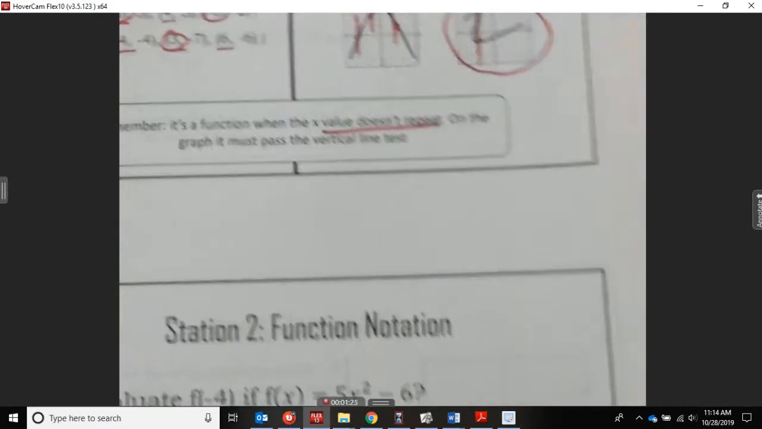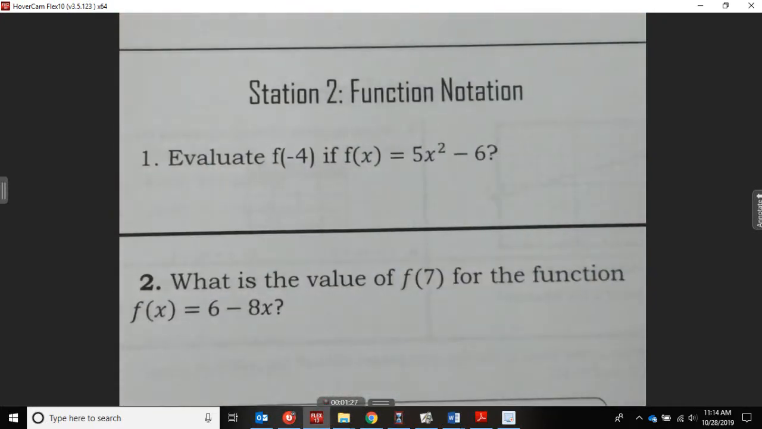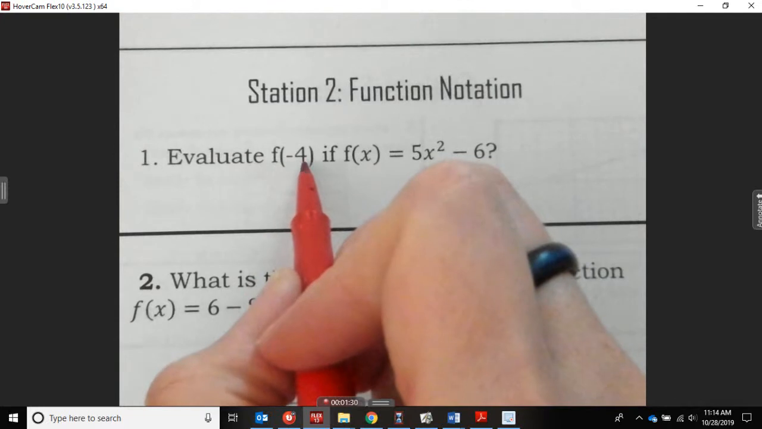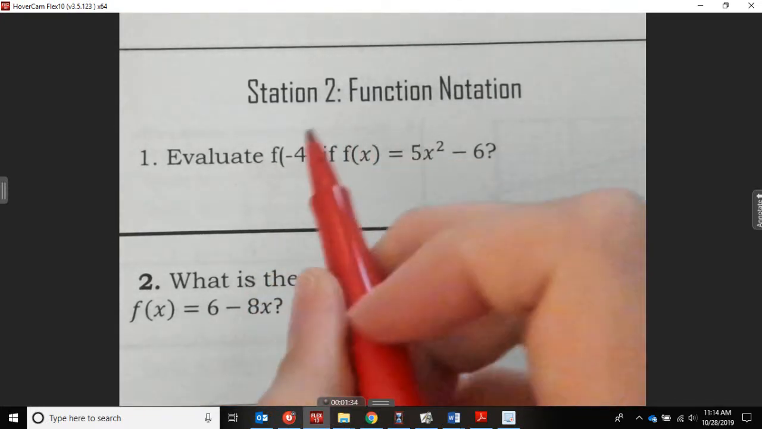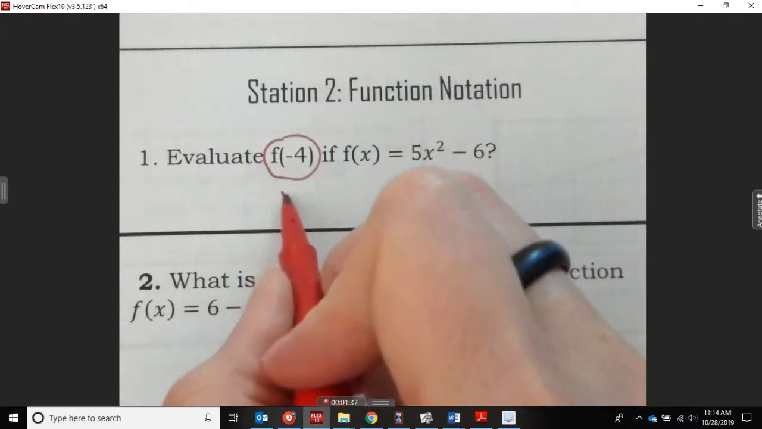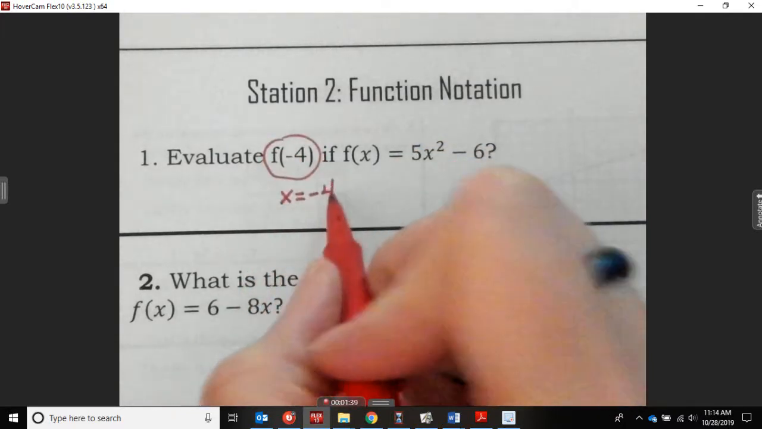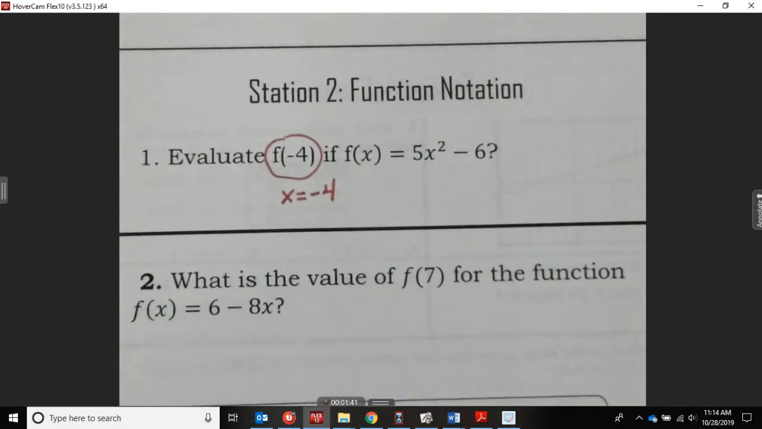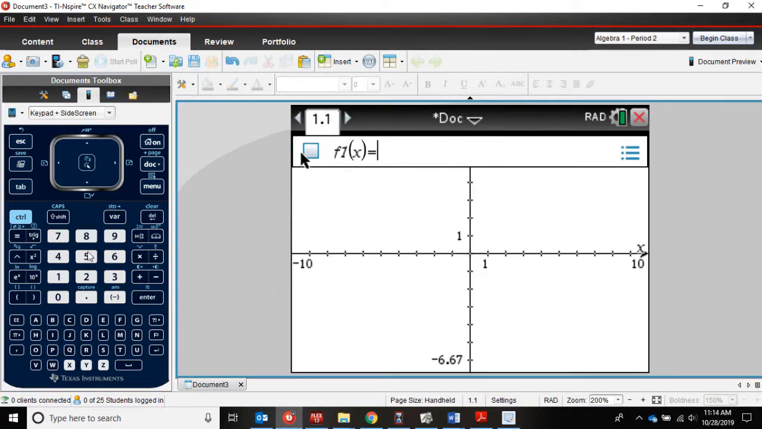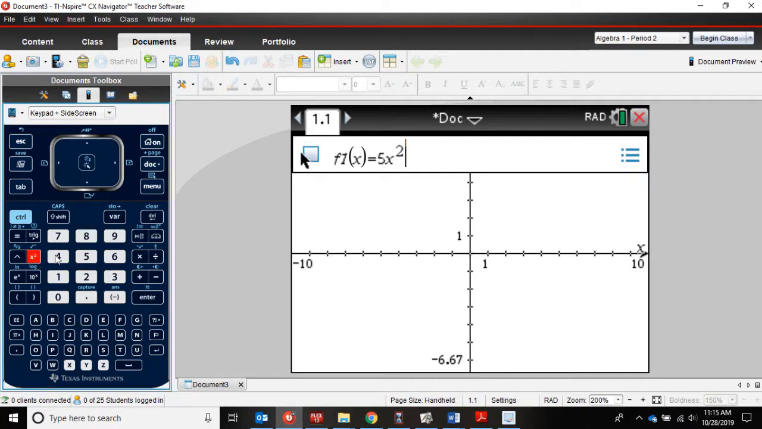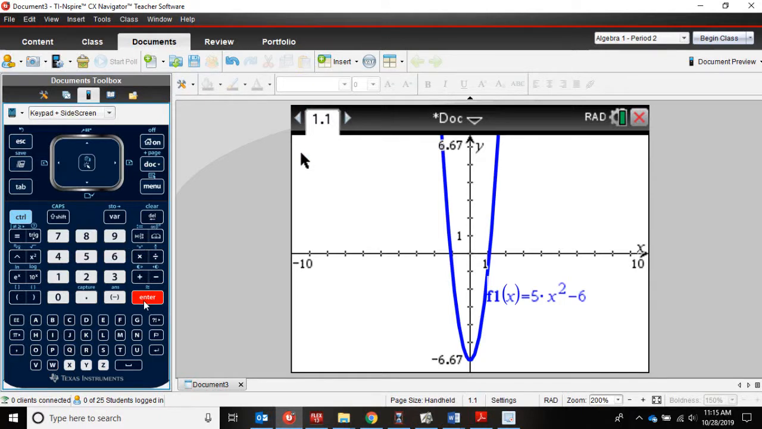All right, station 2. Station 2 is function notation. Evaluate f of -4 if f of x equals 5x squared minus 6. And so this really means, what's the answer when x is -4? And for that, we're going to use our calculator. So we're going to go to a graph page, and we're going to type in 5x squared, which is right here next to number 4, minus 6. And once I graph it,